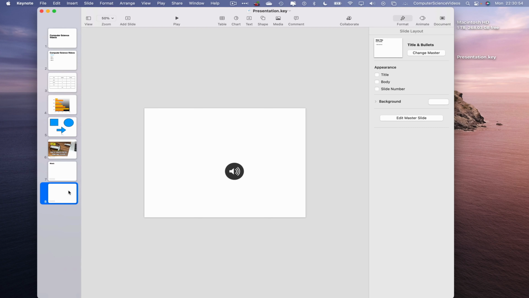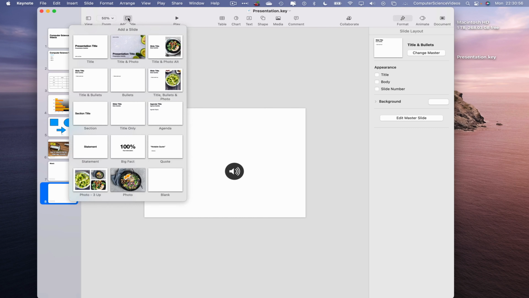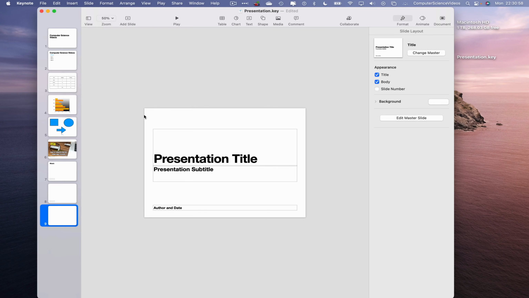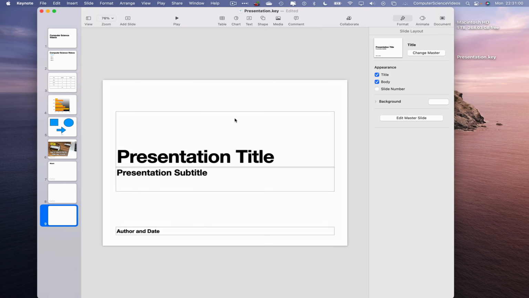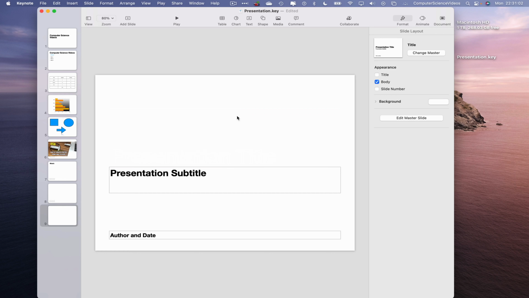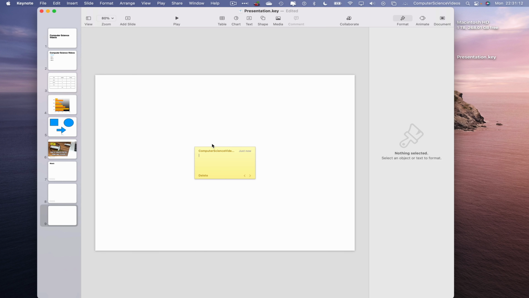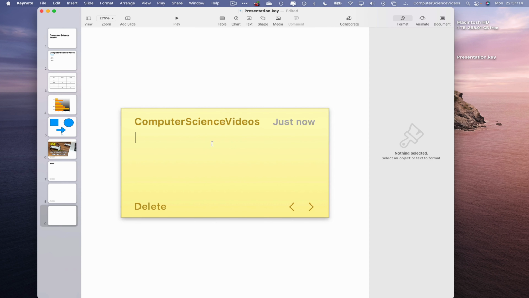Now what we will do is open up or add a new slide into this presentation. And the purpose of this tutorial is to insert a comment. So let's go to the top navigation menu, click on Comment. Let's now increase the size of the comment itself. Let's just say